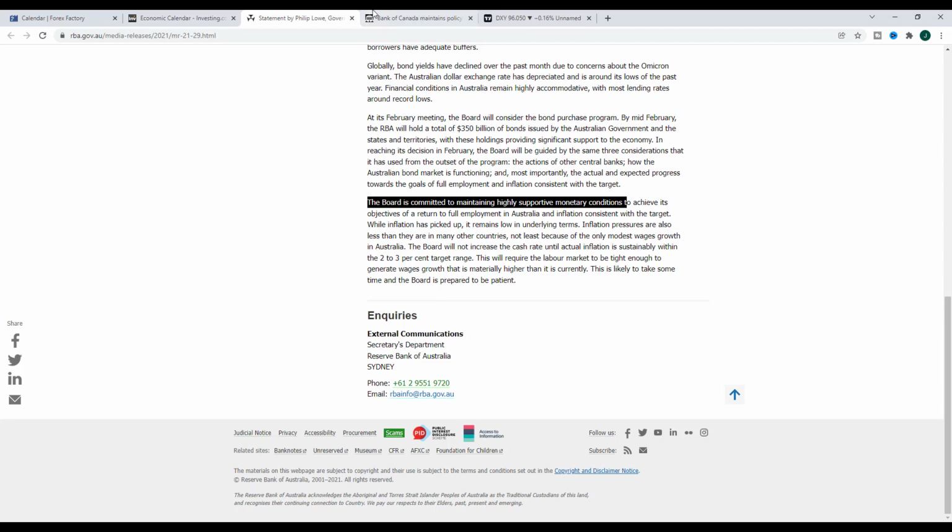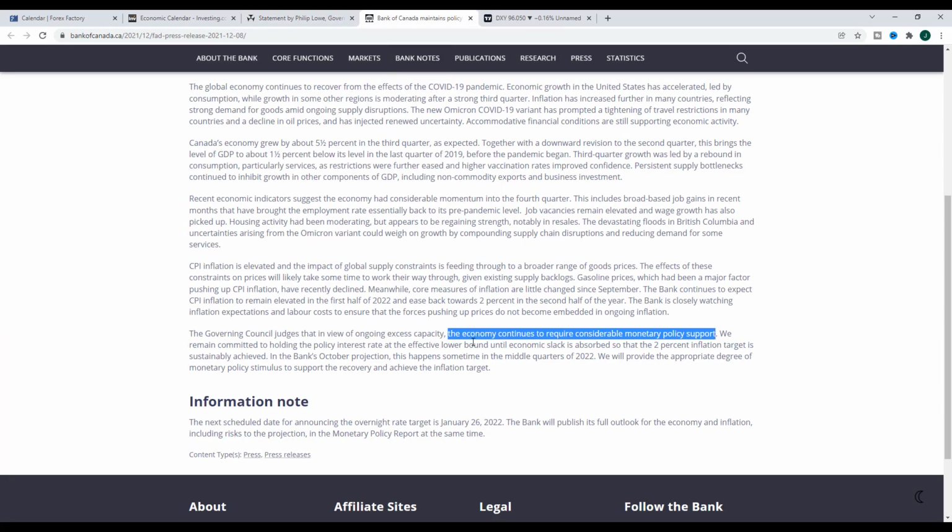And this is the same for the Canadian dollar as well. You can see when we go and look at the rate statement out of Canada, the economy continues to require a considerable amount of monetary policy support. So fundamentally, we're not talking about the short-term technicals here, but fundamentally, these are bearish rate statements for these currencies,